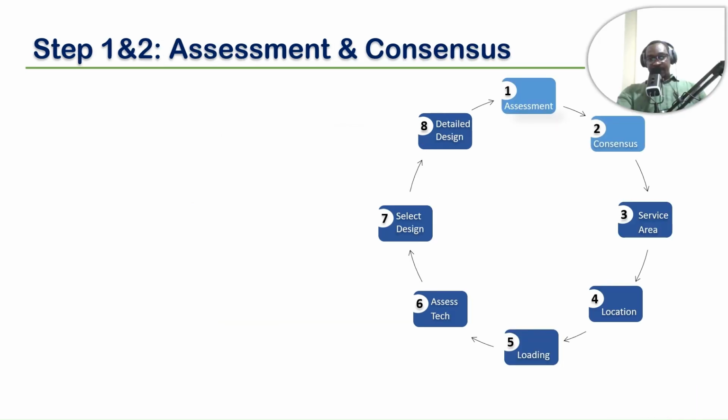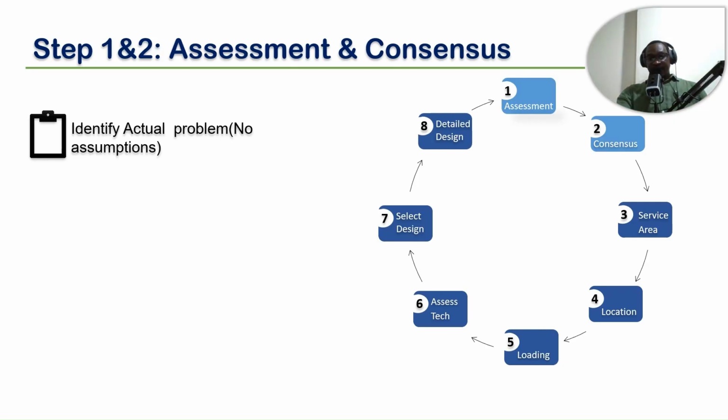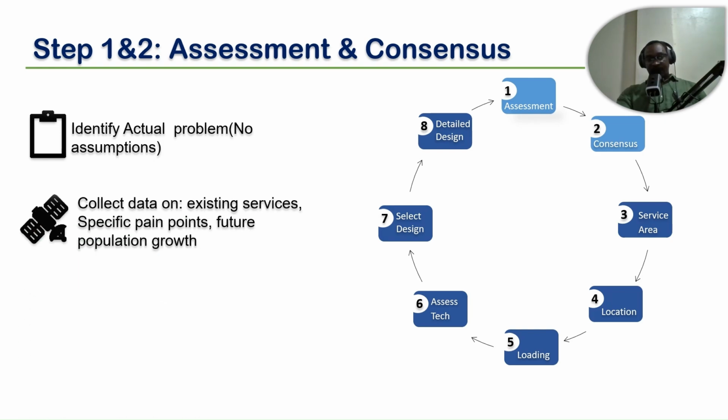So let's look at step 1 and 2, which is assessment and consensus. And here you look at identifying actual problems. Try as much as possible to avoid assumptions because they may affect your output in the end. That's why this process has to be iterative, where you keep checking, tweaking until you get to what is desired or recommended. And this has to be supported by data, which can be collected by either satellite imaging,